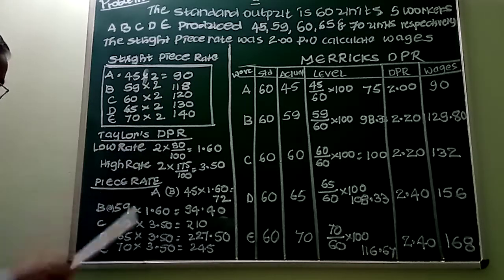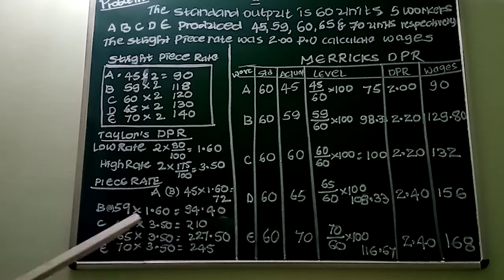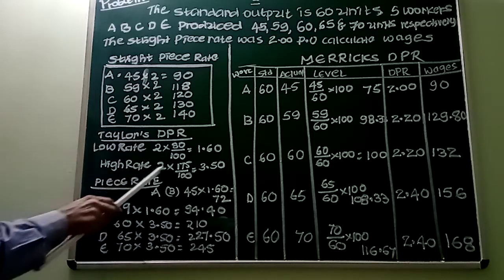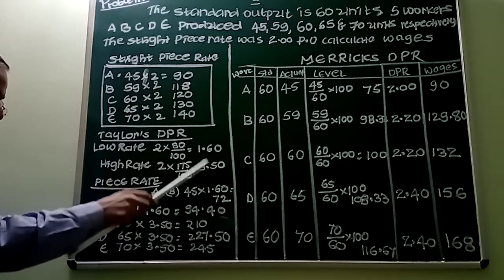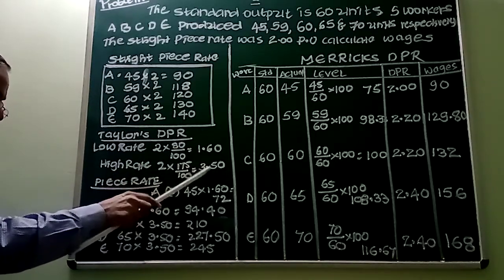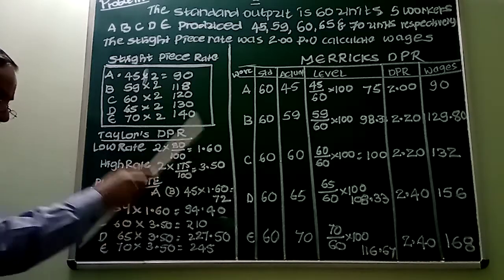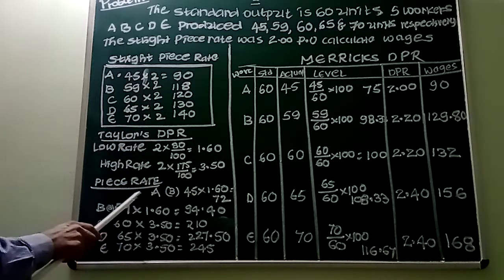The next rate is the high rate. He will be paid 175% of the ordinary piece rate, that is 125% of the ordinary piece rate plus 50% of the ordinary piece rate as bonus. Both put together, that will be 175%. So you calculate two slabs: one is below the standard, the second one is at or above the standard. So we calculate like this.